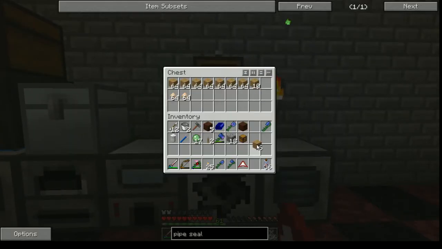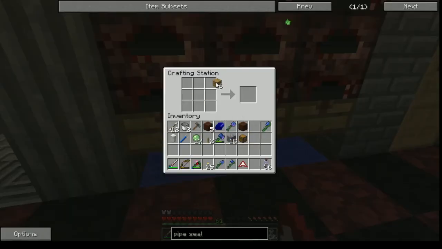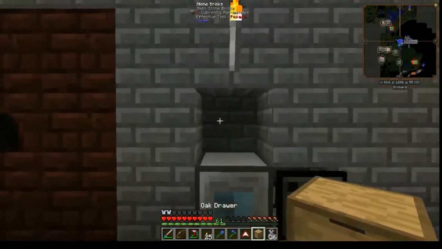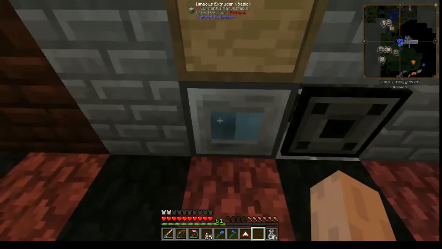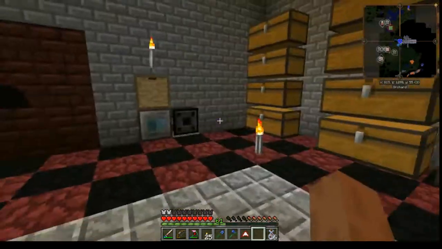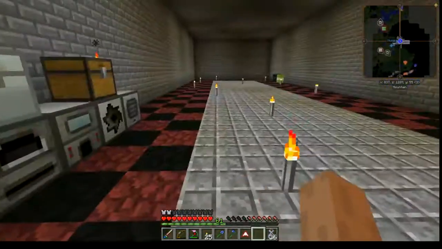Let's do this real quick while I'm thinking about it. I'm going to set the output on the top, and that way once we do have some more lava pumping in there, obsidian will output right there. Everything will be nice and neat. Won't be any problem. Alright, so now